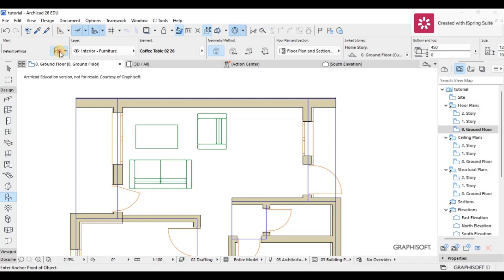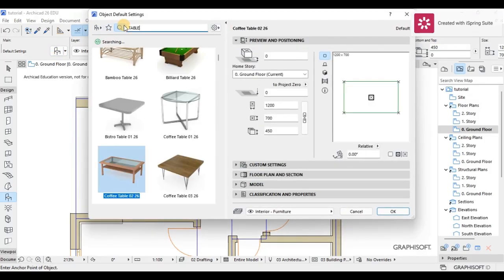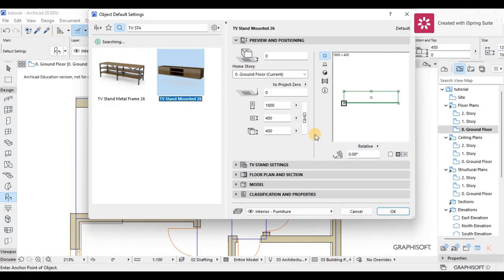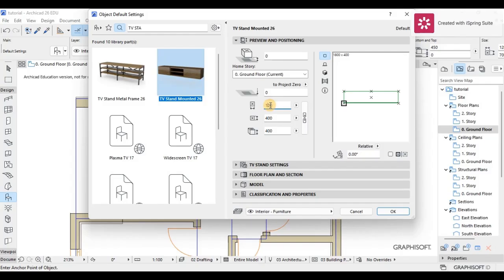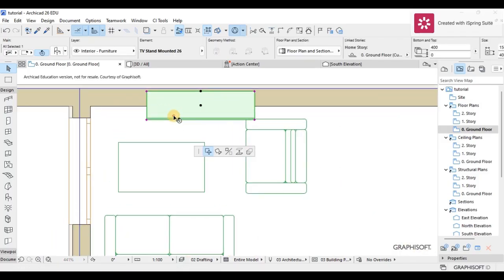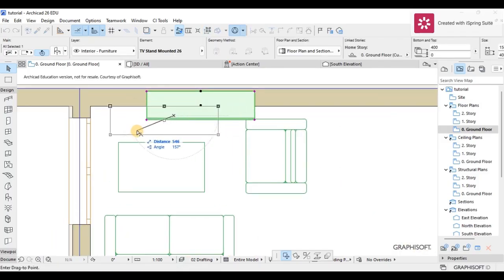so I can come here to my object tab again, and I'm going to search for a TV stand. Let me search for a TV stand, and we're going to just select one like this. Make sure it's a bit smaller because we have a small room, 1500 like that, and something like this, and just place it there. So with that placed, we're going to now drag it back a bit, like put it there exactly where